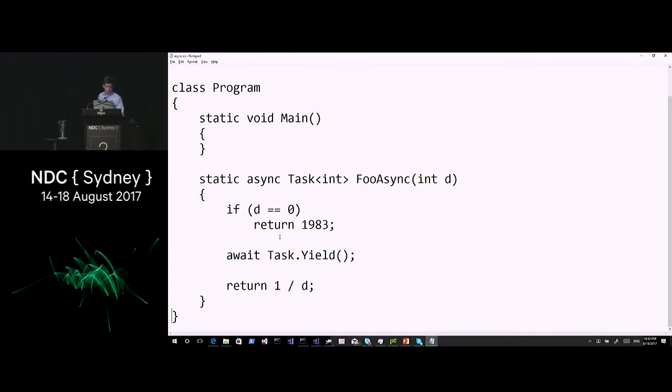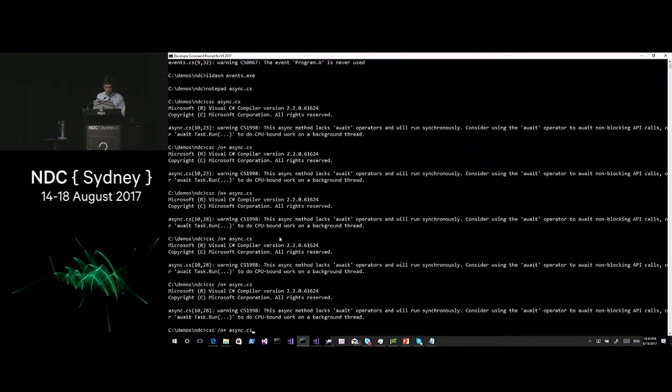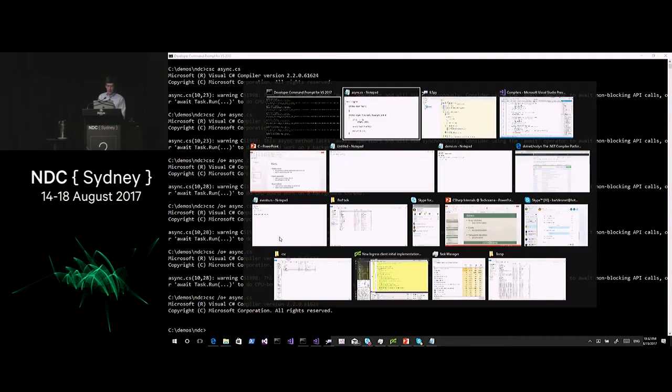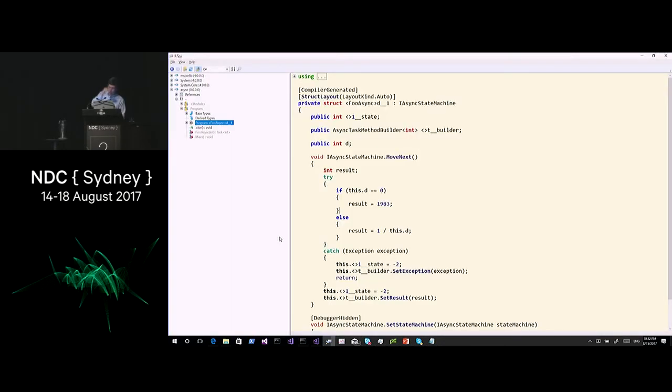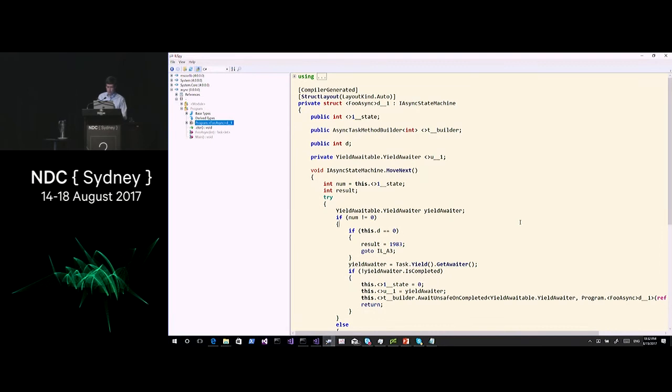So what's going to happen now is that my method now needs to be split into two different stages. The first stage is the stuff that runs as soon as I call the method. And the second part that runs here is what happens after the Task.Yield eventually completes. So now the state machine starts having a purpose in life. It needs to track whenever it wakes up, am I before this Task.Yield or after this Task.Yield, okay? So now we'll see the method being split into pieces. So let me go here, compile this thing, and go back to that state machine. And then I'll also explain how the state machine gets kicked off at some later point, but now it starts